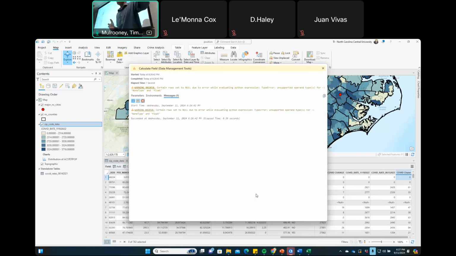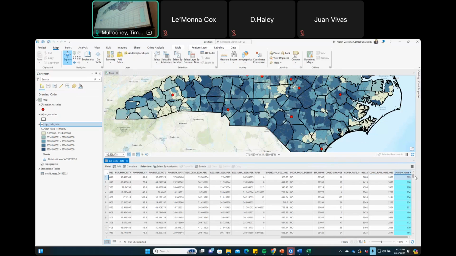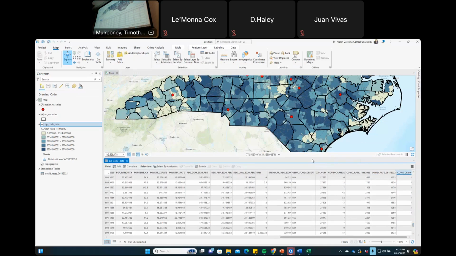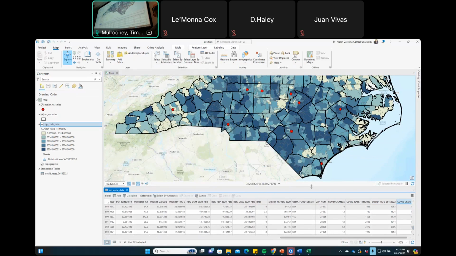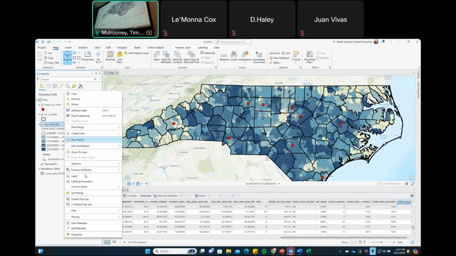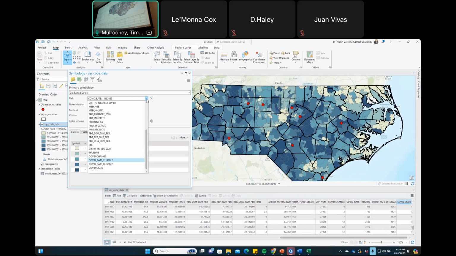And so that's gonna tweak, move your average up and down if need be, which we don't want to do. All right, so now what do we have here? We have COVID change. This one went from 300 all the way down. We got a bunch of nulls here. Okay. Who wants to make a map out of this? To me, you think this is going to be spatially related? You bet. So I'm going to right mouse click on symbology. Now my field, instead of COVID rate 11/19/2022, what are we going to do? COVID change.